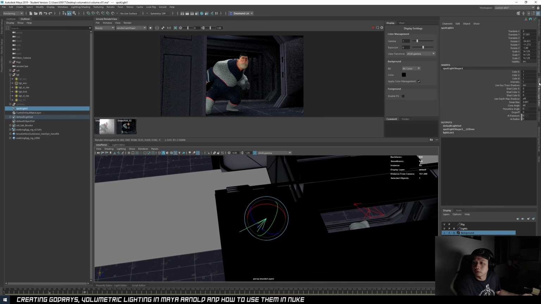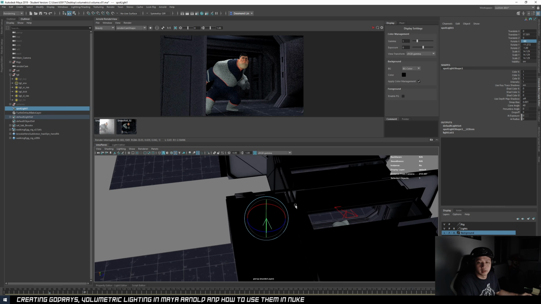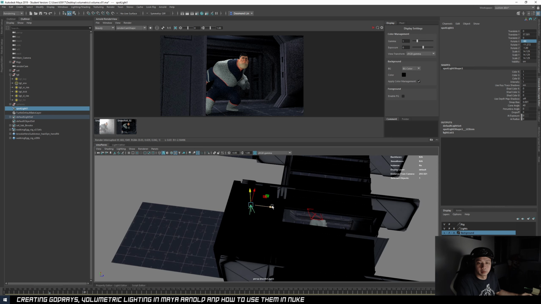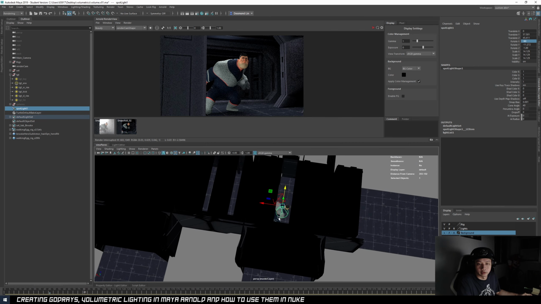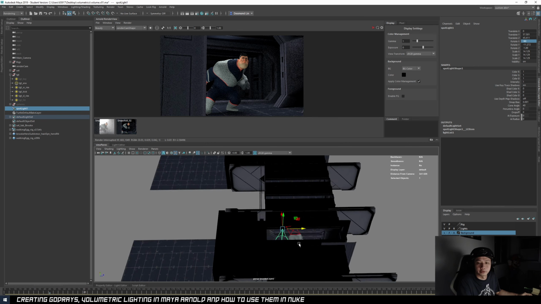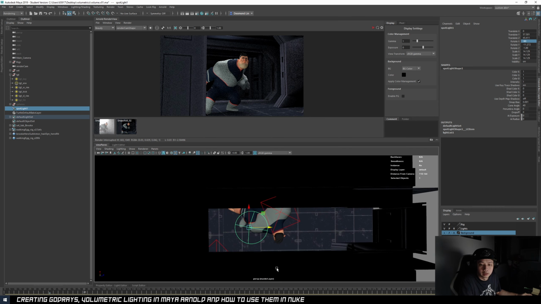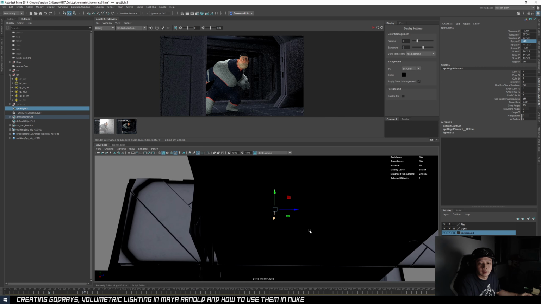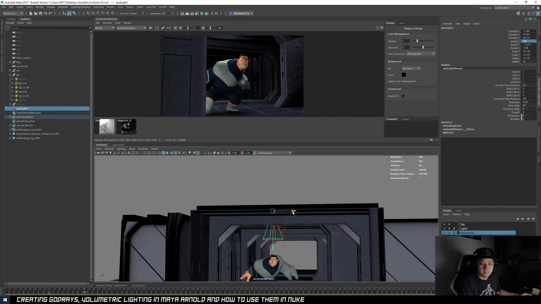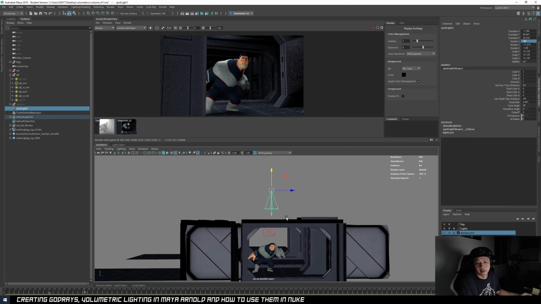We can go into the channel, minus 90. Okay, and we will put it on top of. I already cut some holes from the ceiling so that I can get my volume lights to shine through. Let's say I want it to go like that, and I want to put it outside.